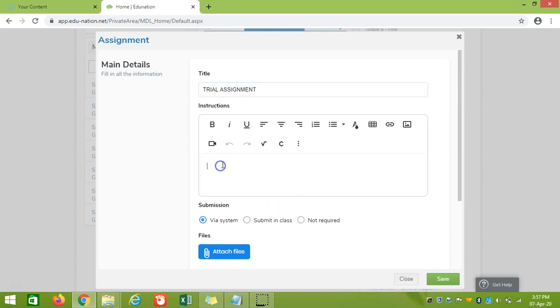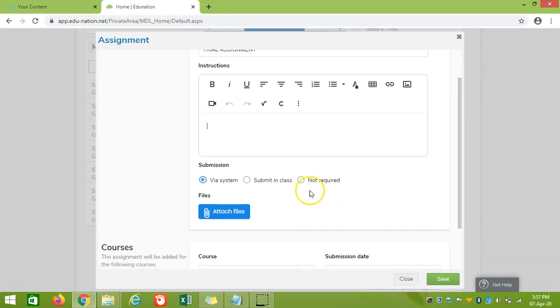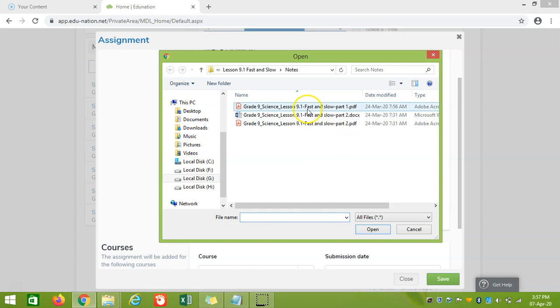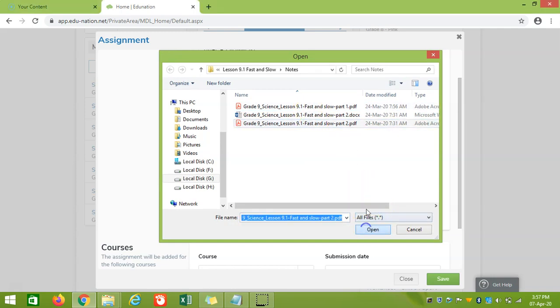If you want to give instructions to the students, we can give the instructions. Submission via system means using the Edunation system. There are various options, but via system is better so that the students will submit using the Edunation system itself. And you can attach the file. You can attach the assignment.